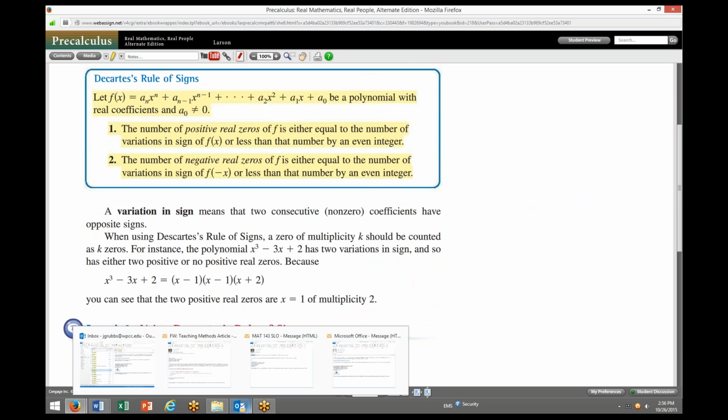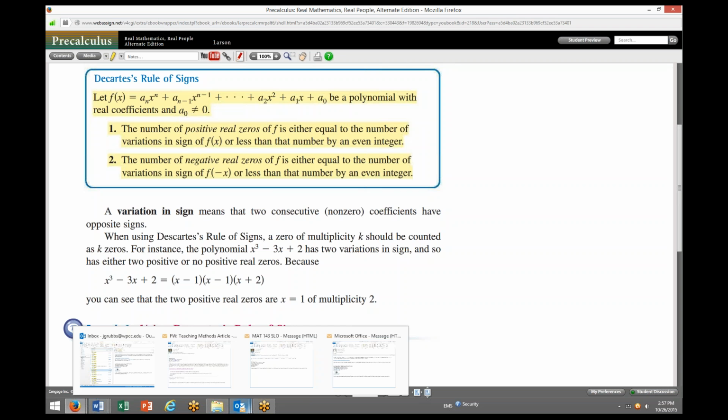That if you have that polynomial function again, f of x equals a sub n x to the n plus a sub n minus 1 times x to the n minus 1, and so on, all the way down to a sub 1 x plus a sub 0, and all the coefficients are real numbers. And the constant, now here's a key, the constant cannot be 0. The constant at the end has to be either a positive number or a negative number. It cannot be 0 for this to work. Okay, but given all that, here's something we're going to know: if this particular function has any positive real zeros at all, the number of positive real zeros is going to be equal